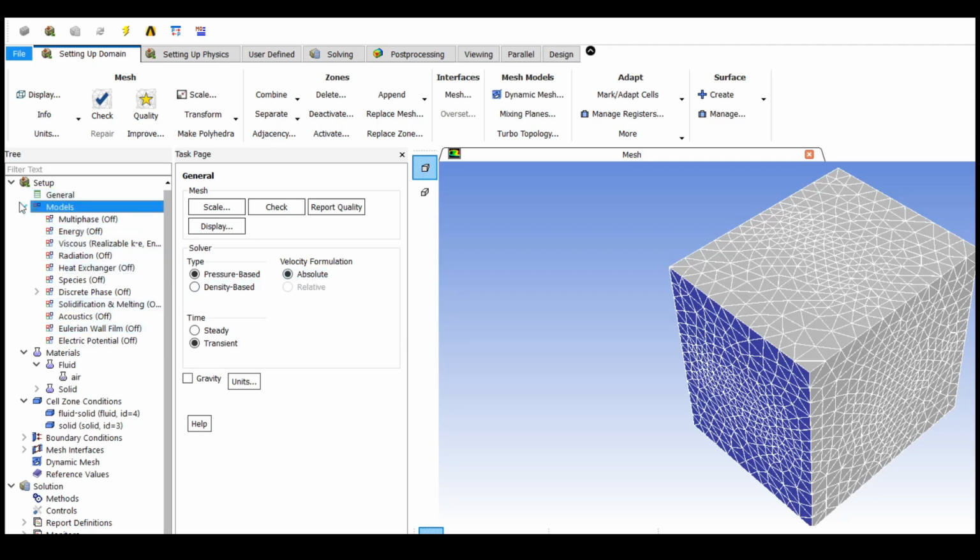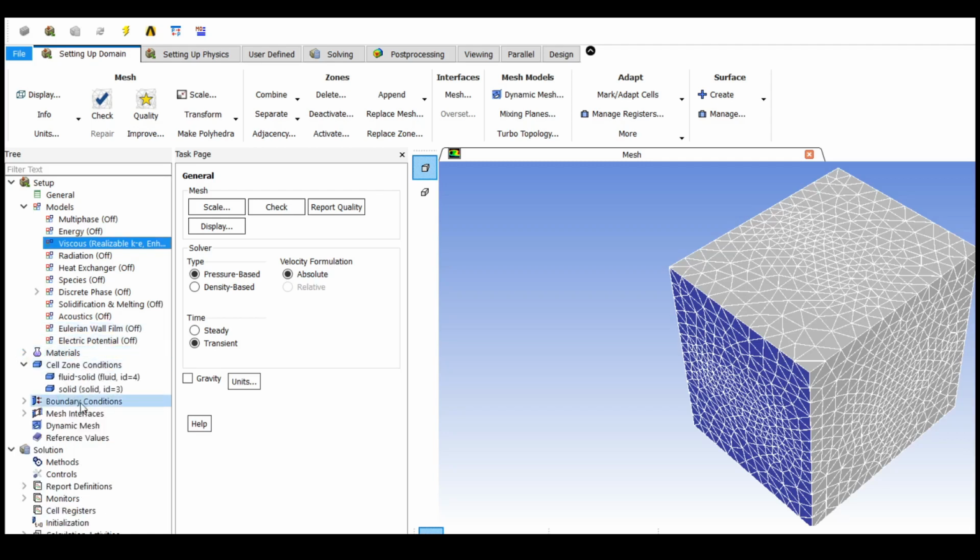And moving towards the models, I need to choose among which type of models, and I am choosing viscous. Different options are available in viscous and we need to specify it as K epsilon. In the K epsilon, different types are given: standard, RNG, and I am choosing realizable. For near wall treatment I am choosing enhanced wall treatment. After all these options are corrected we can click OK.